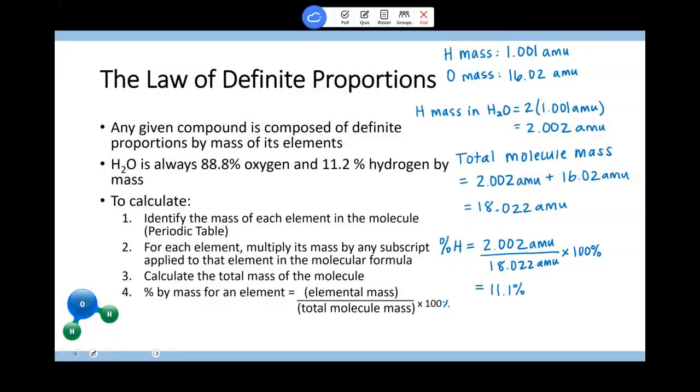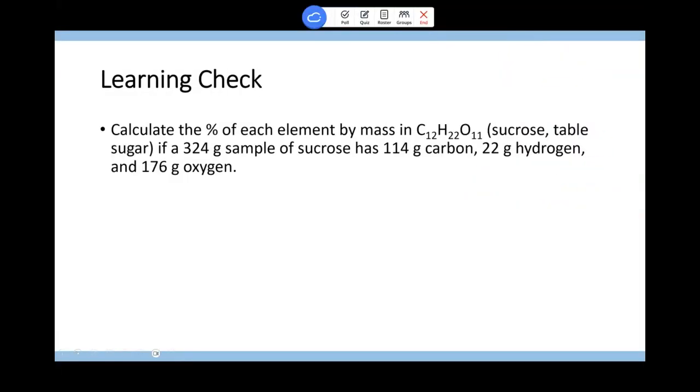Okay. We will do an example here. So now we're looking at sucrose. This is table sugar. We have carbon, hydrogen, and oxygen in sucrose. I need you to change some numbers because I typed this one too fast. So let's do, instead of 324 grams of sucrose, 342 grams. And then instead of 114 grams of carbon, 144 grams carbon. Okay, using those revised numbers,